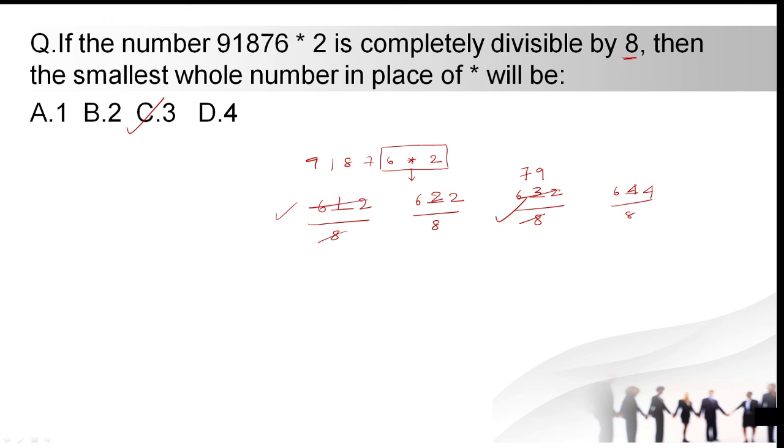So here, 7 8s are 56 and you will get 52. There is no 52 in the 8 table. And here also 7 8s are 56 and you will get 62. Actually we have 64 in the 8 table, which means this is not an exact answer. And 8 8s are 64. There is no 4 in the 8 table. So that's why only C is the correct answer. So this is the way to solve this type of questions.